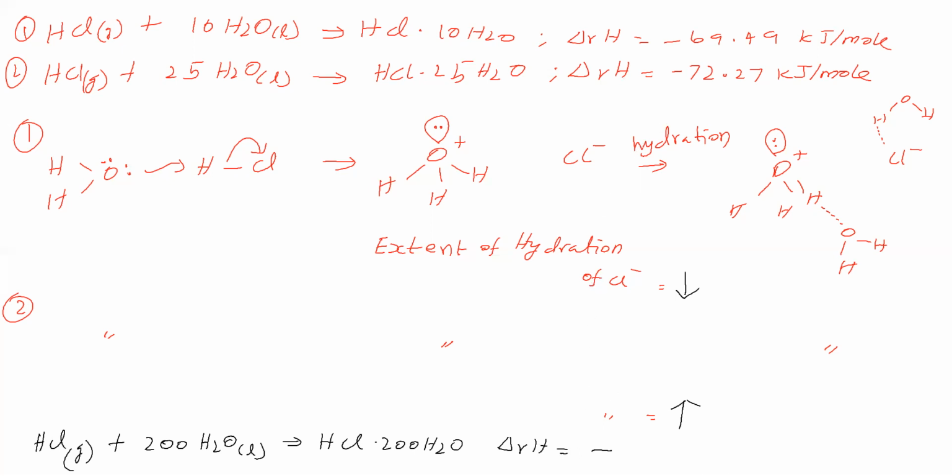Shall we say here the exothermic nature is more than the second case? Yes. Why do we say the exothermic nature here is more than the second case? Because more quantity of water is here. Therefore, the extent of hydration here is more. Therefore, here the net amount of heat involved is more. We can say it is 74.20 kilojoule per mole. So, like this we can say. In this way it will continue. If you go on increasing the quantity of water, the net amount of heat involved also goes on changing. Okay, so this is about enthalpy of solution.